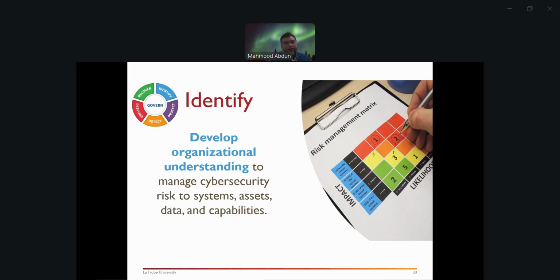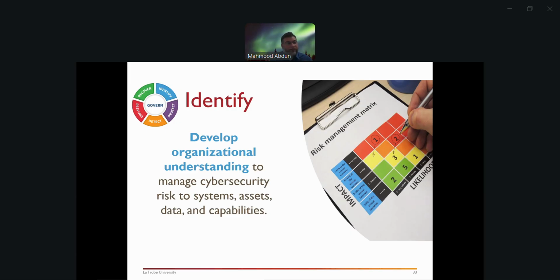You need to identify what you're trying to protect. If you don't know what you're trying to protect, how are you going to protect it? So the first thing is you need to know what you have that you want to protect, your assets. It could be your IT asset, it could be non-IT asset, it could be any kind of asset that you have. Identifying the asset is the first step.